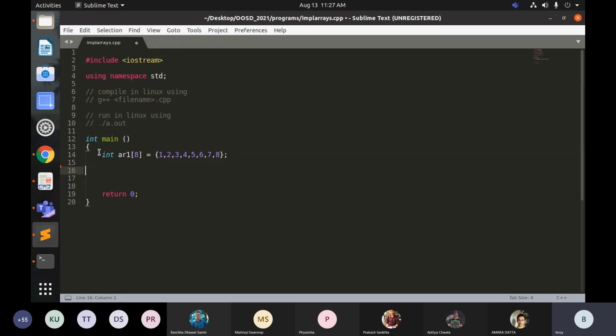Okay, so let me say this is all right. Int size equals to what? 20, and